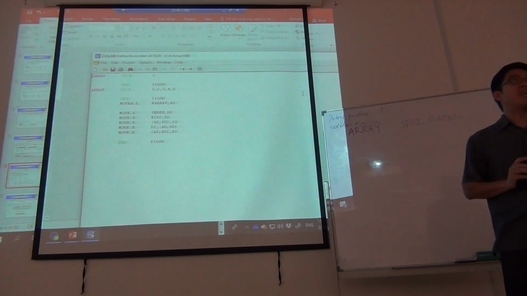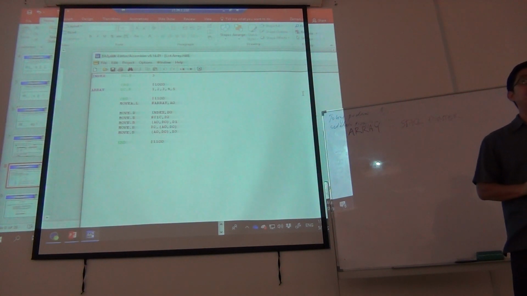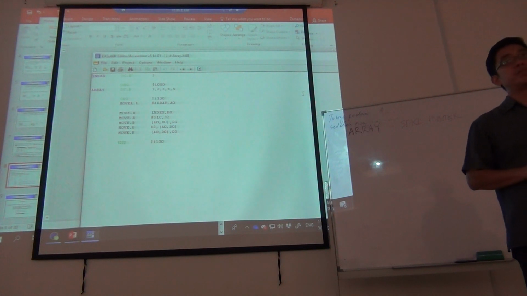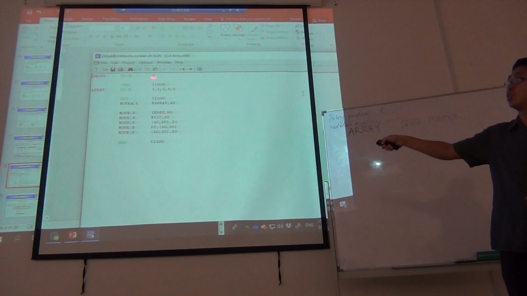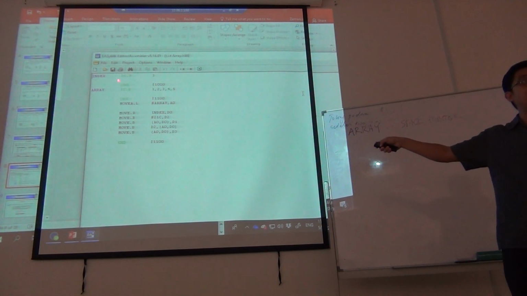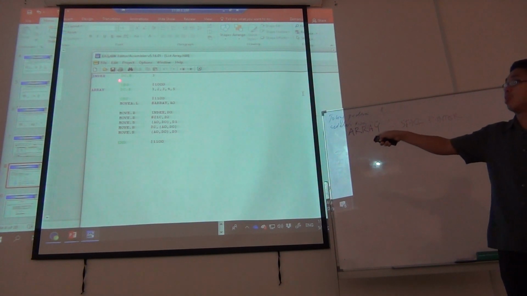If I do not put any origin, by default, the memory will start at 0, 0, 0, 0, 0, 0. So before the index, there's no origin statement. That means I'm going to put the first value at the first memory location. Okay, now origin